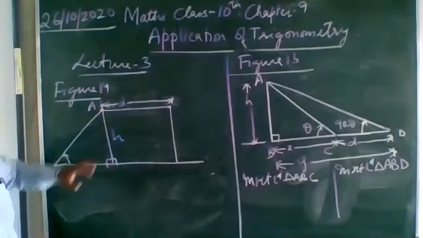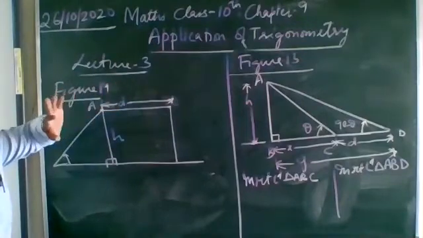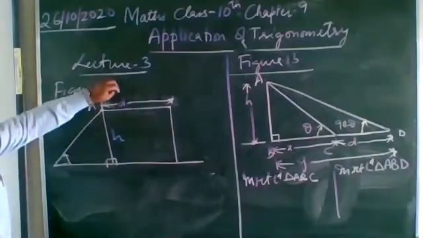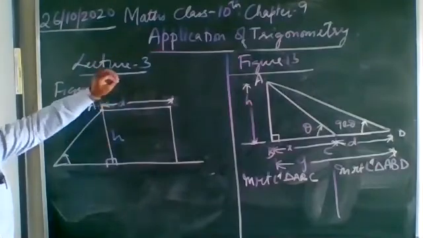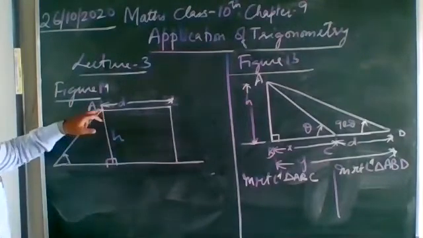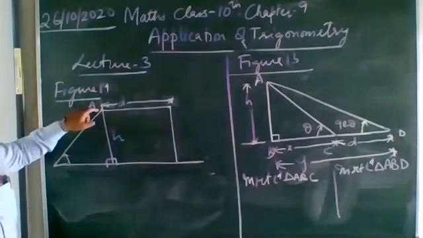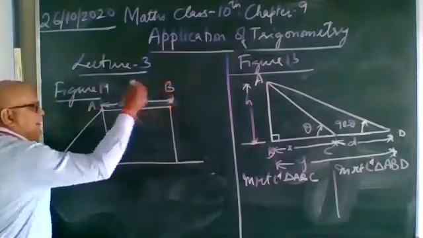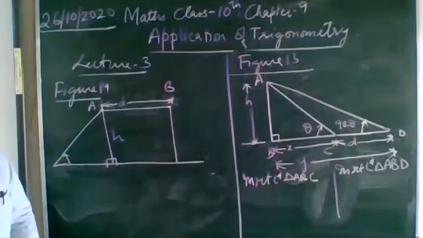It is not necessary that you write kilometer per hour. To make our work easier, let the speed of the jet plane be 8 kilometer per second, because time is in seconds, so you will get the distance in kilometers. But sometimes the speed of the jet plane is in kilometer per minute, and the time from A to B is 6 minutes. Then you write, let the speed of the jet plane be 8 kilometer per minute.